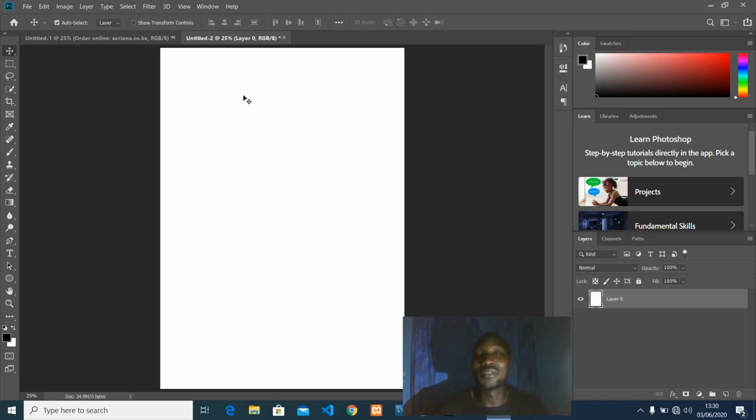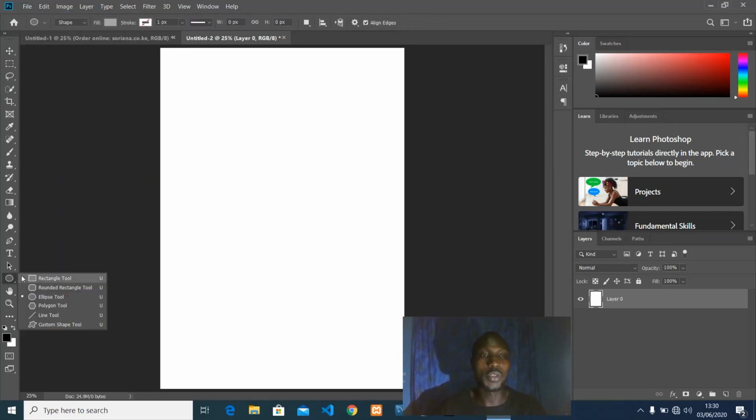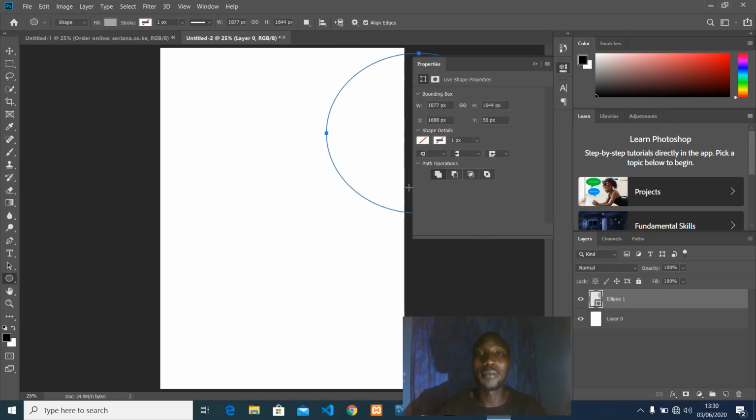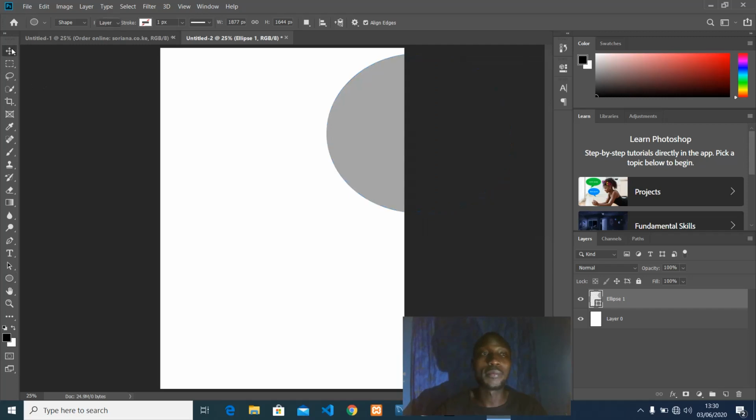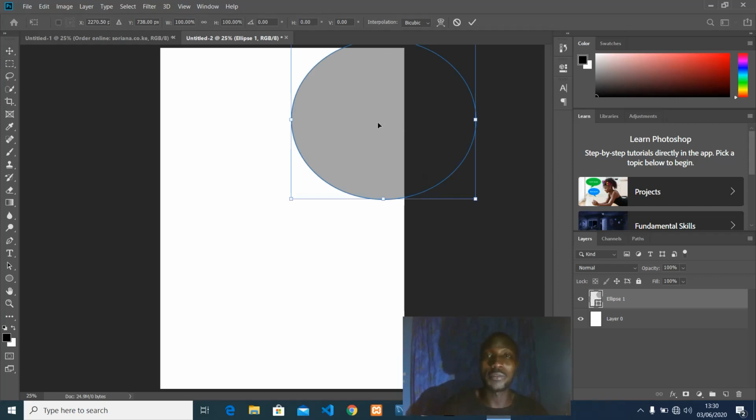So guys, let's jump into it. First, let's go to Shapes, to Tools, and then pick the Ellipse tool, and then just drag and drop there. Okay. And then Control T for free transform, just to resize a little bit, like that, guys, and then move it